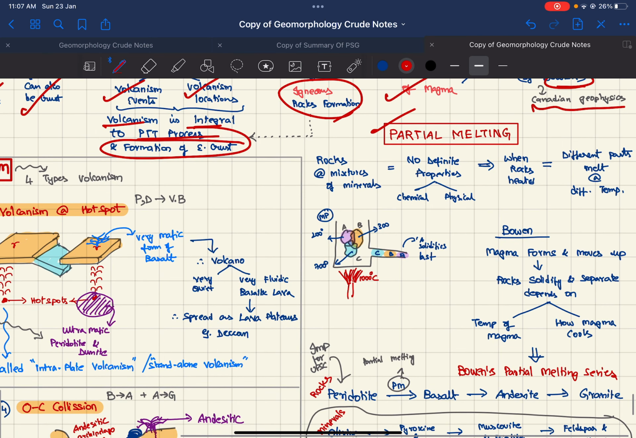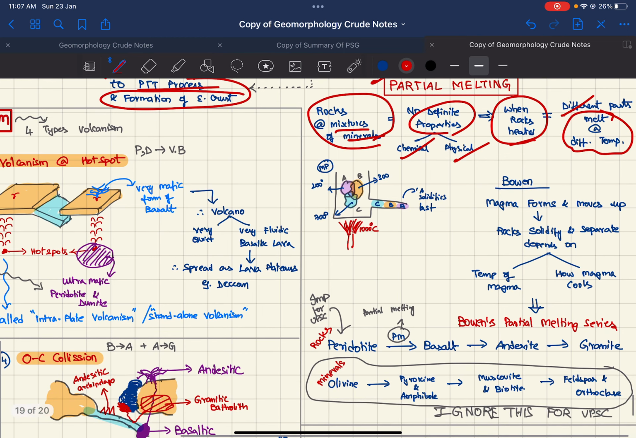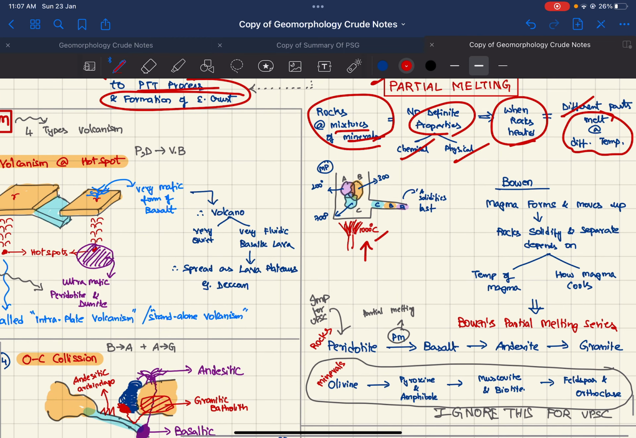So the partial melting concept: the rocks, as we have seen, are mixtures of minerals. So they do not have definite chemical or physical properties. So when rocks are heated, different parts of the rock melt at different temperatures. So here we can see, if we apply 1000 degrees centigrade and the melting points of different rocks are 200, 300, 700 degrees centigrade, when they come out of the vent, first C cools, then B, then